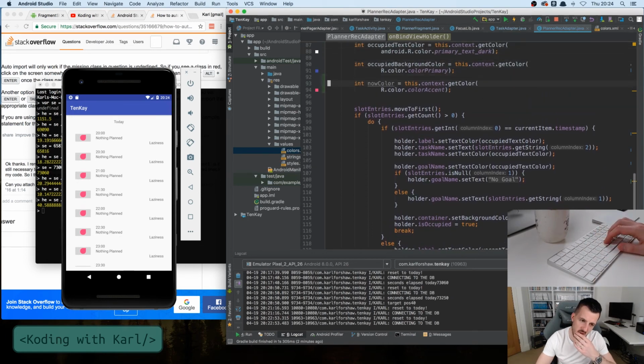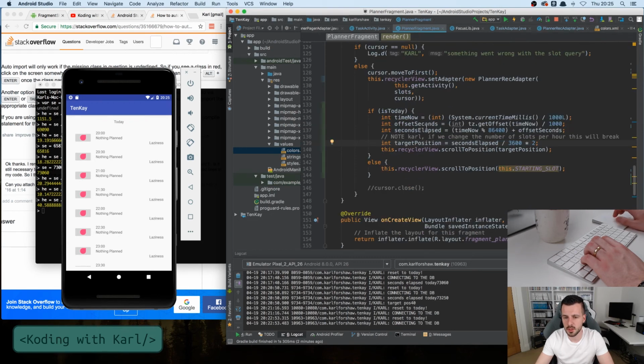So if I write a library function that I can pass a timestamp to, and it will tell me the position in the slot list, then I can use it in two places. Right? I think so. So let's go back to our planner fragment. We'll take this code here, and this will